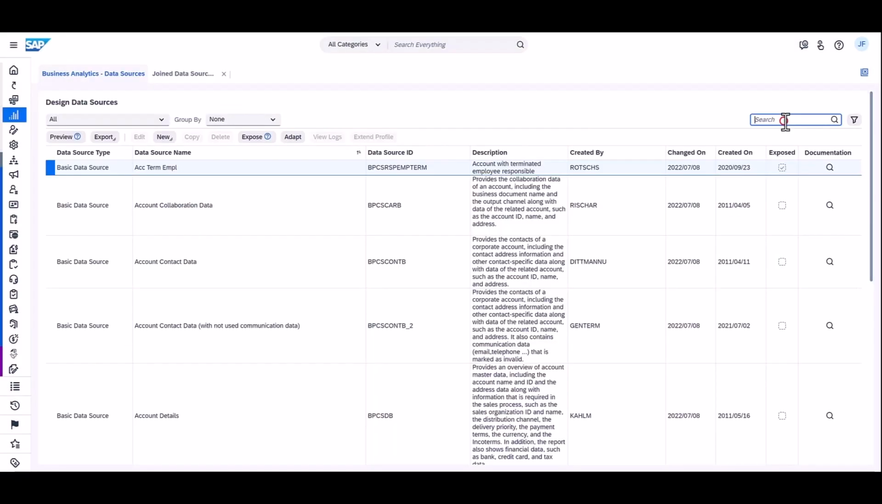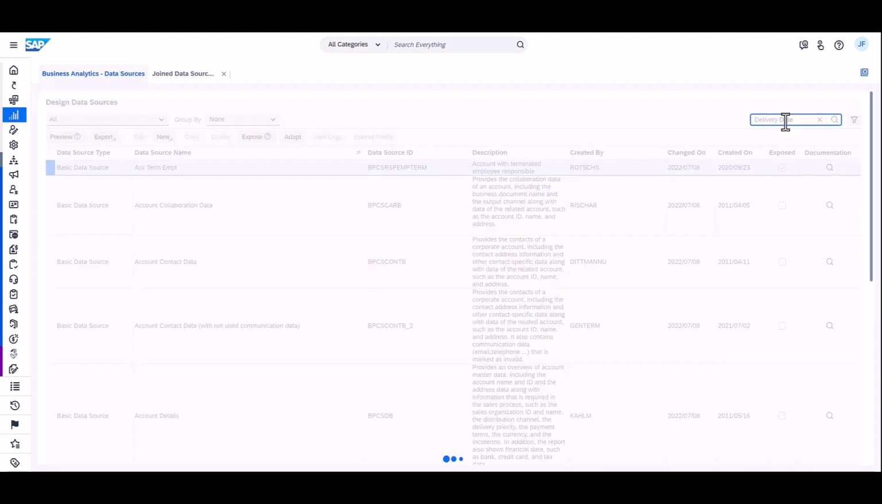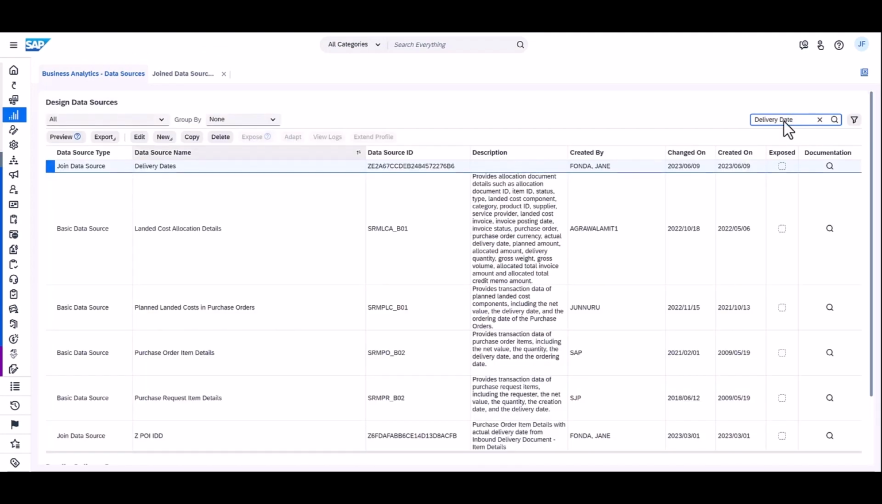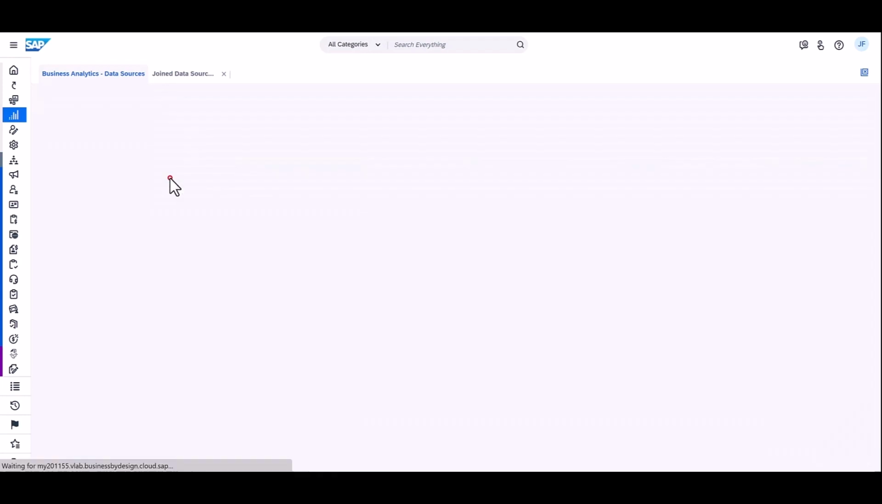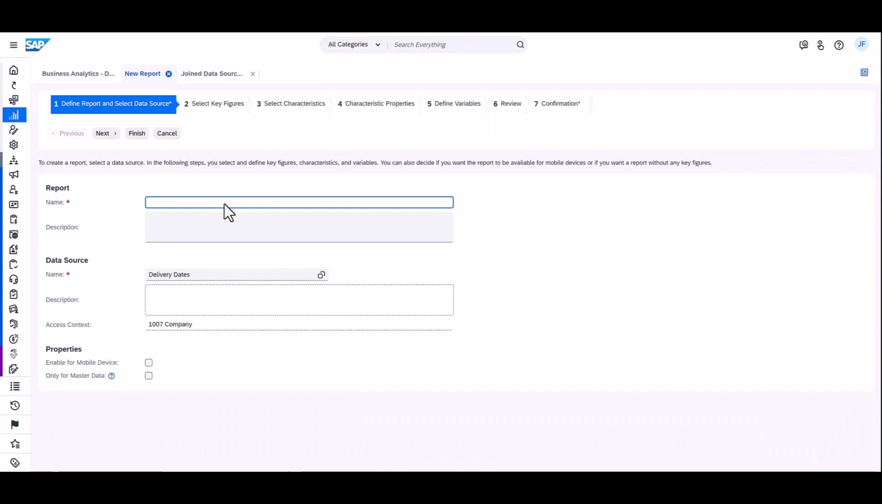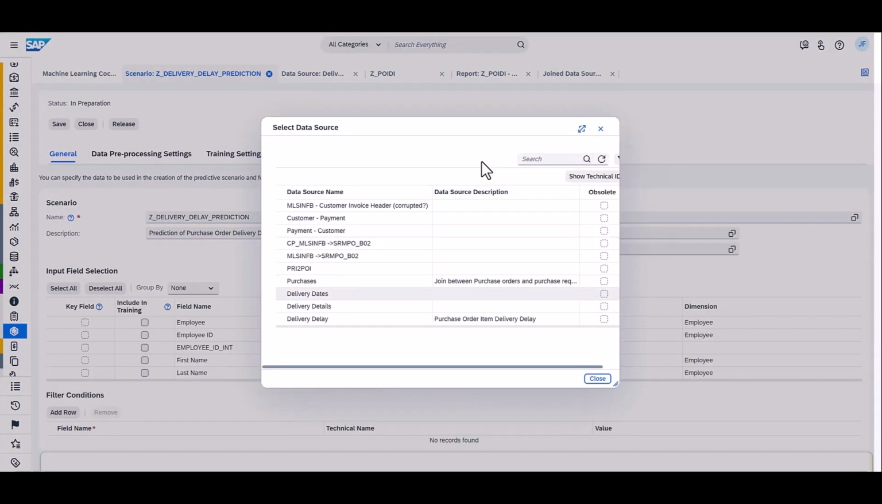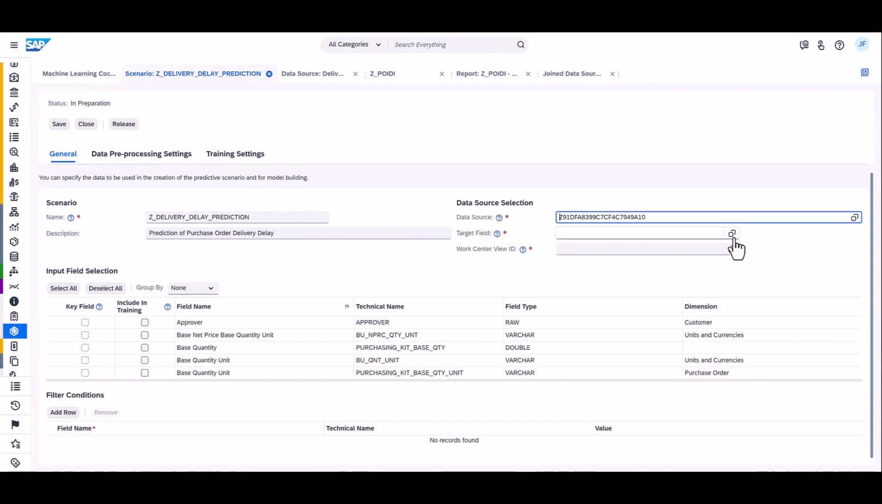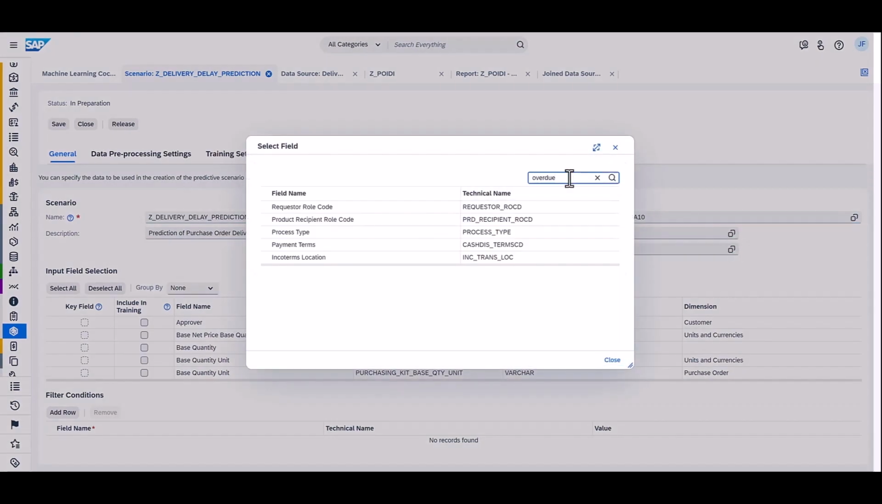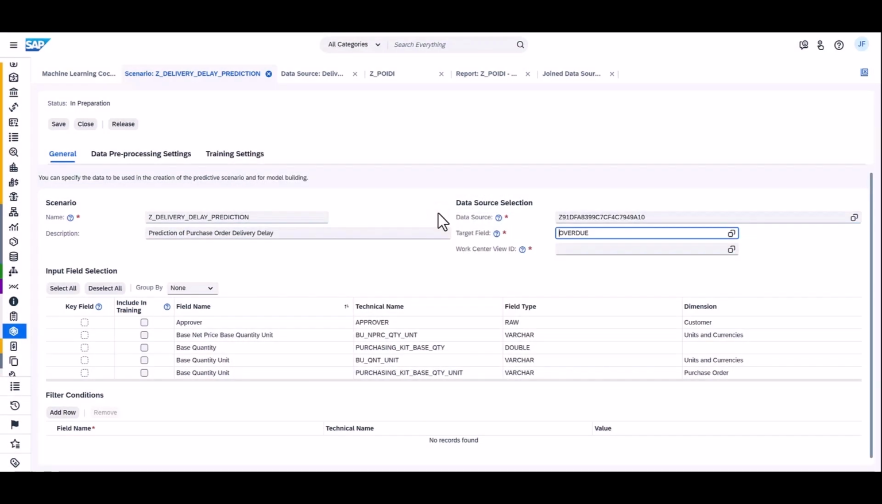You should first create a report from the joint data source to export the required date fields to Excel. Select the delivery date data source and press the new button followed by the report option. Provide a unique name to the report and select finish. And here we must choose the final joint data source that we recently created, that is delivery delay. And pick the target field overdue as that is what we want to predict, and a work center view ID